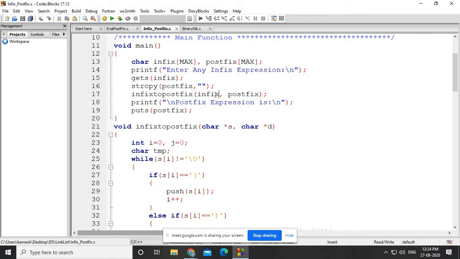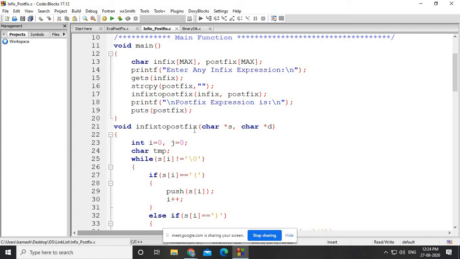This function will read one character from the infix array and put it into the postfix array, in such a way that at the end, if you read the values of the postfix array, you will get exactly the postfix of this infix expression. Finally, we need to print that postfix on the screen, so for that purpose I have used the puts function, printing the postfix array.